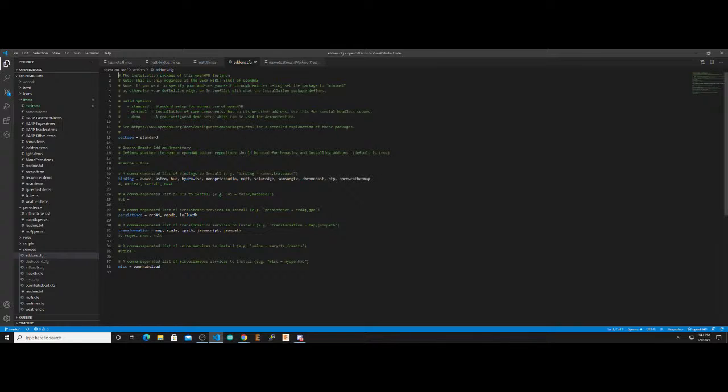For the openHAB 3 system, I actually upgraded to an Odroid. So I'm running this on an Odroid C4. It's just a lot faster, and with the number of items I had, I was definitely maxing out the RPI 3's RAM, the memory. So yeah, basically we went from an RPI to an Odroid C4, installed openHAB 3 on the C4, and went